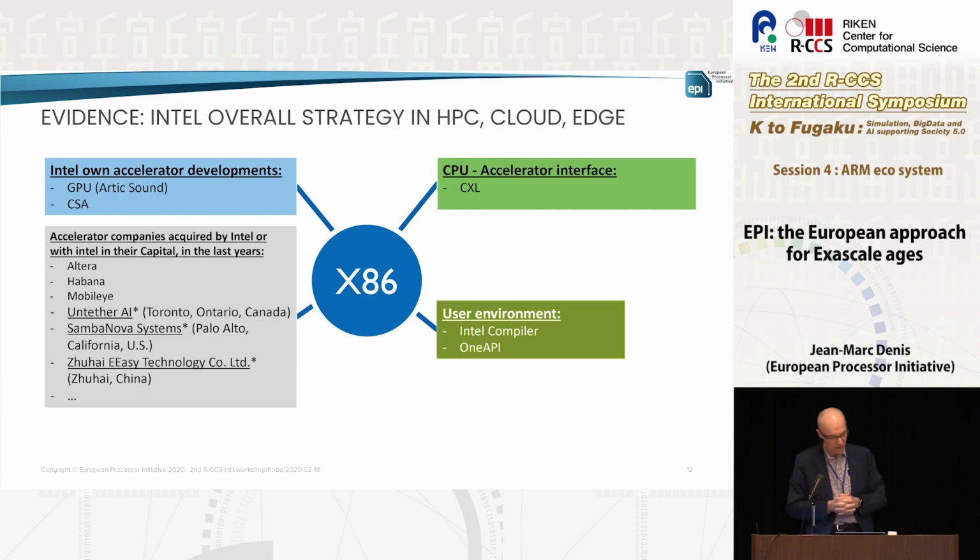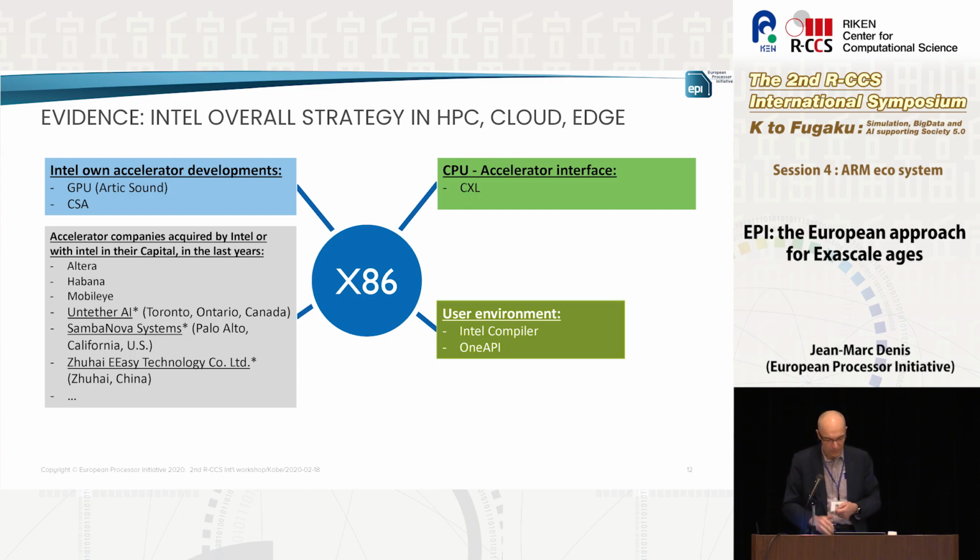So they are developing their own accelerators with Arctic Sound, with CSA. Right? CSA is more exploration, but it's quite interesting. And they are investing massively in many different accelerator companies. Either they have acquired some accelerator companies, or they are investing. So they are considering this